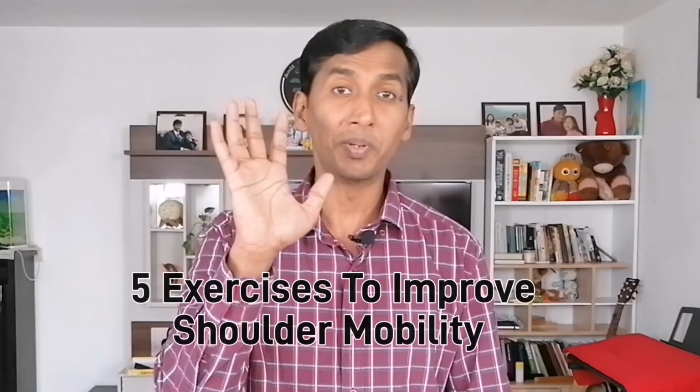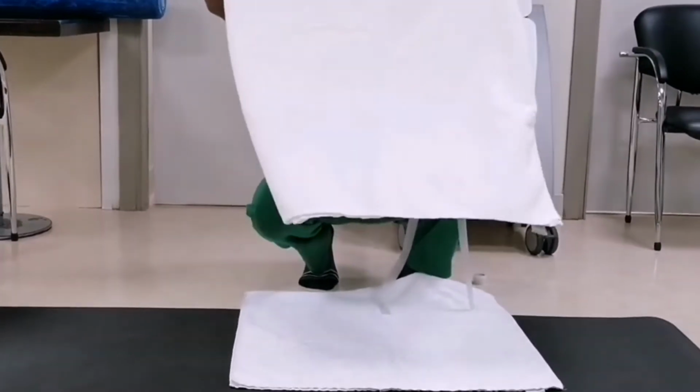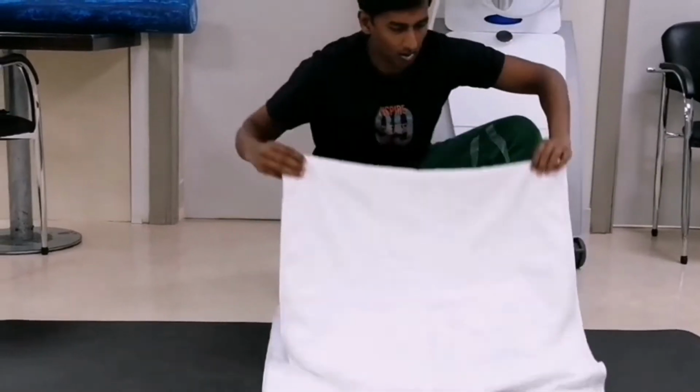A lot of these exercises that you see on the social media platforms are not appropriate for beginners. So what I'm going to share with you today are 5 simple beginner level exercises for improving shoulder mobility. Let's jump into it. So the very first thing you're going to do is to make a towel roll